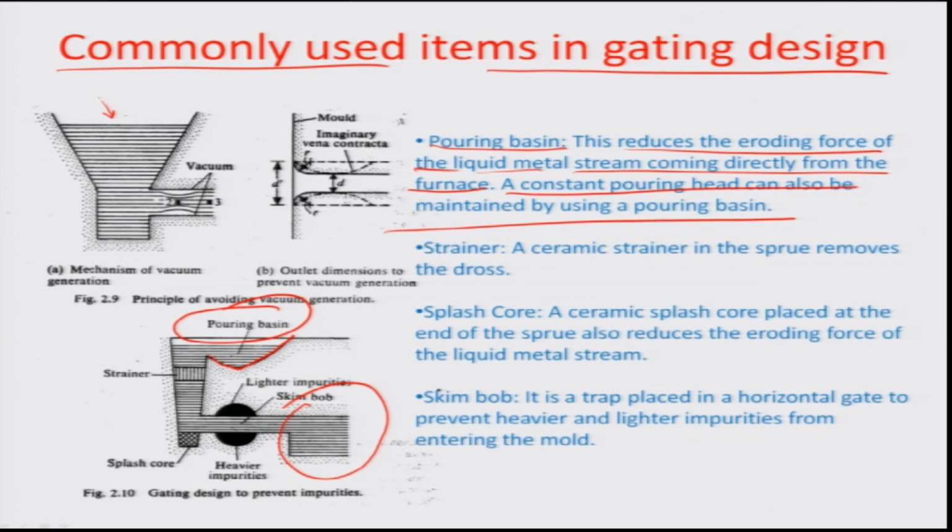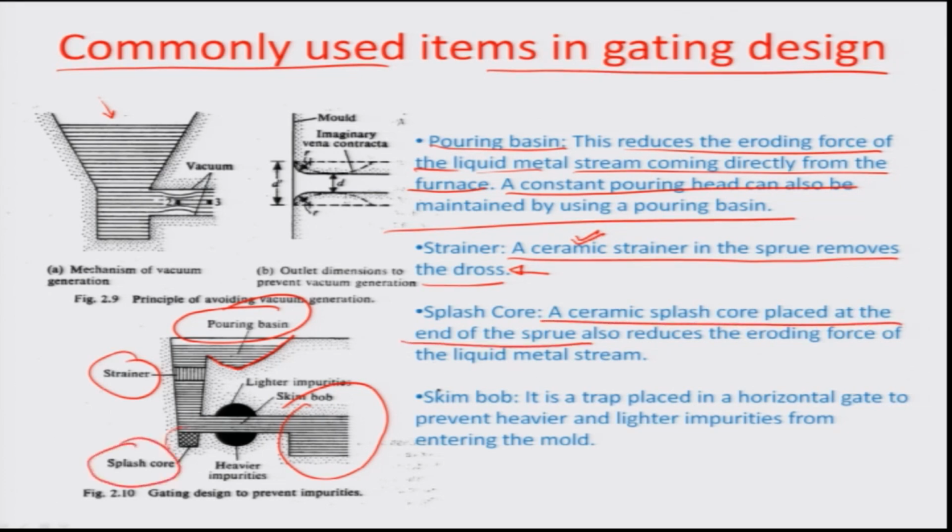There is a strainer, which is normally a ceramic strainer in the sprue, which removes impurities or dross. It is like a filtration system made of a refractory material. Then a splash core, a ceramic splash core, is placed at the end of the sprue. You can see right about here, it also reduces the eroding force of the liquid metal stream. Basically it is a sort of high strength reinforcement, so that there is no erosion in the